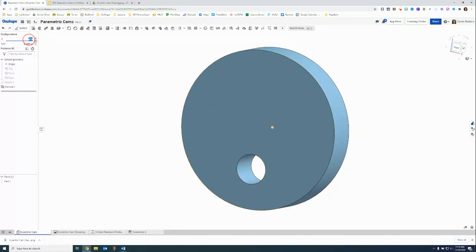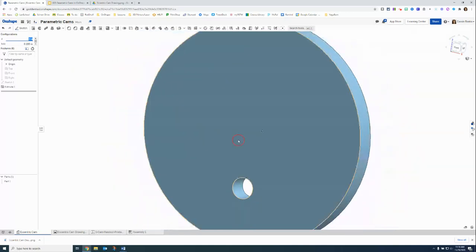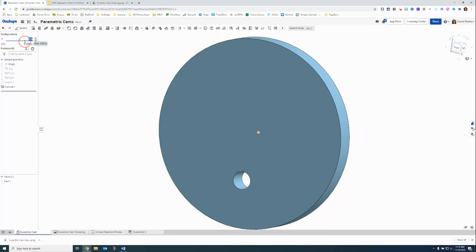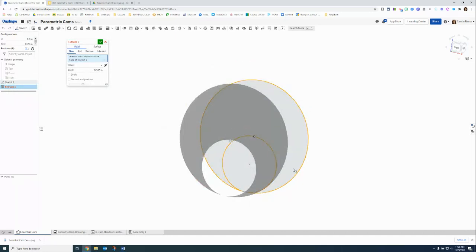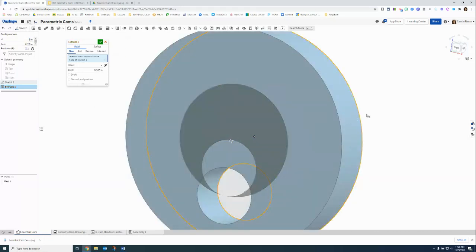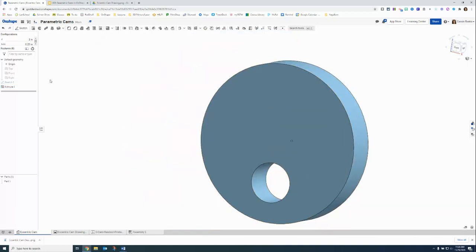Well, we did that because really quickly, say I want a 2-inch diameter eccentric cam. I can go up and type in 2 and automatically that cam has changed in its size. Maybe I want a 1/2 inch diameter cam. Well, there's a 1/2 inch cam with this crazy looking hole in the center. The hole diameter, maybe I decided, you know what? I really want to use those 1/4 inch dowel rods. They're a lot more easily available. Mrs. Binka has a bunch, so I am going to change that to 0.25. Well, now something happened. What happened? Uh-oh. Probably has to do with this right here. Yeah. Okay, so now I have my 1/4 inch hole